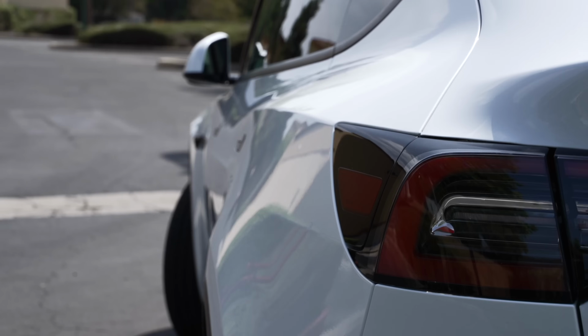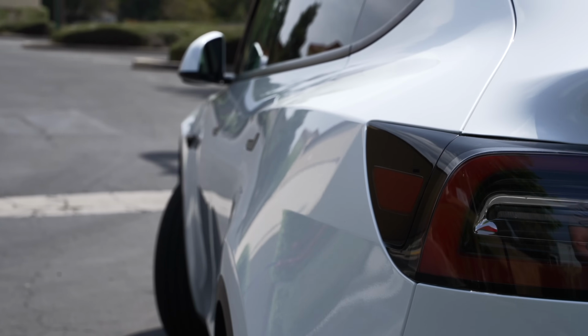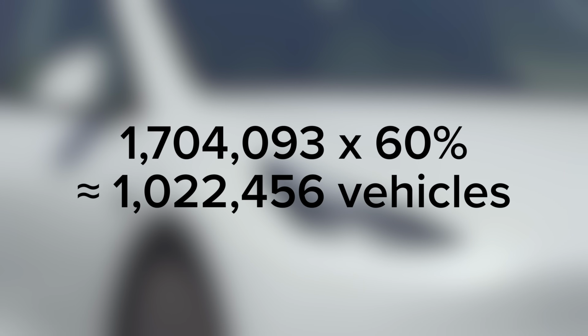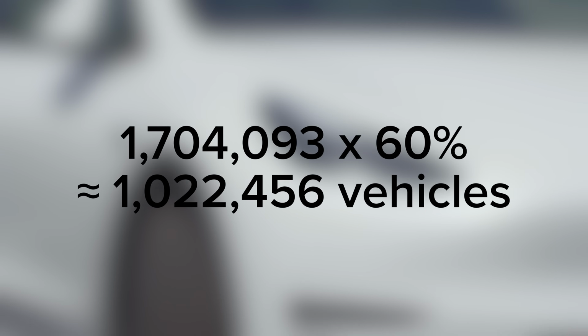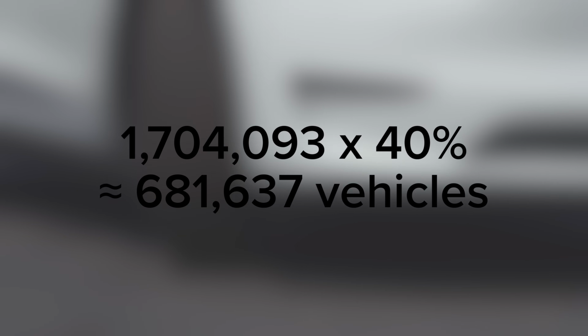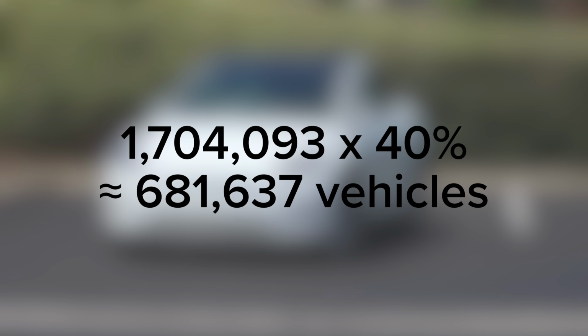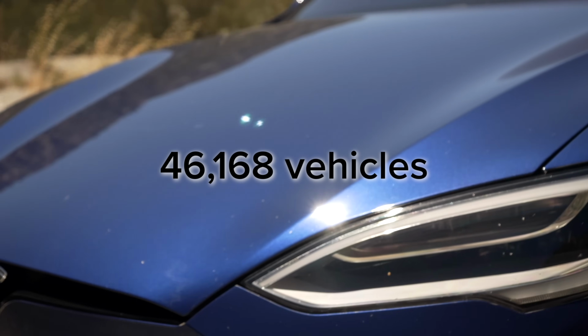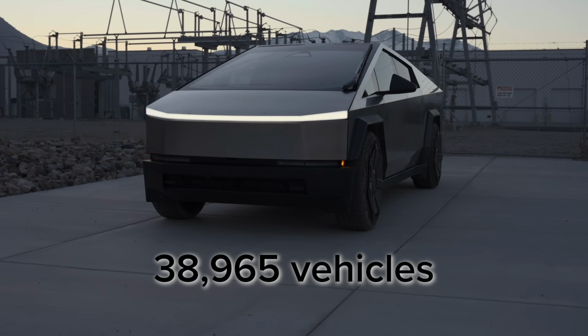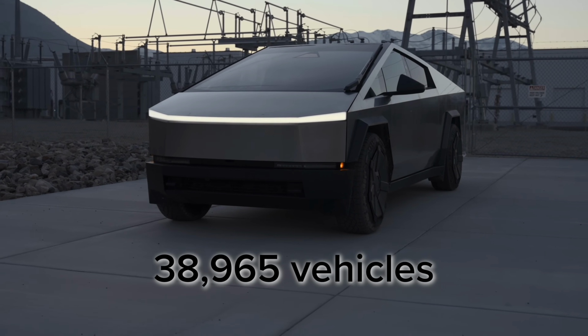So when we look at Tesla's overall vehicle production for 2024, the analyst breakdown puts it at about 60% of all Model 3 and Y sales being long-range vehicles. That would mean about 1,022,456 long-range versions of those cars sold for the year. From there, standard range versions make up the other 40% at 681,637. For the Model S and X, they sold about 46,168 with long-range packs exclusively, and then they sold 38,965 Cybertrucks. If all of those numbers are correct, that would mean that for 2024, Tesla and their suppliers had to produce